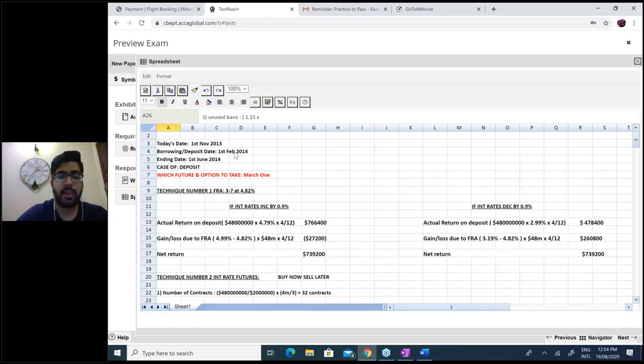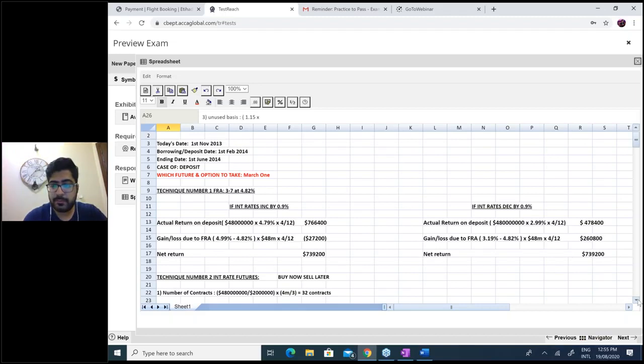So listen carefully. You needed to borrow or deposit on 1st Feb. So you wanted a future of 1st Feb, but you didn't have it. You only had for 30th December, 30th March, 30th June, 30th September. So you took the 30th March future. Don't you think you needed a 1st Feb future, but you had to take the 30th March future? Isn't it 2 extra months? 1st Feb to 1st March, 1 extra month, and 1st March to 30th March, 2 extra months.